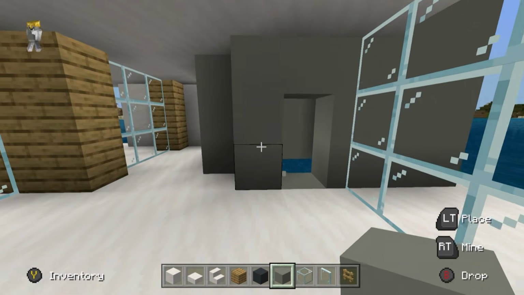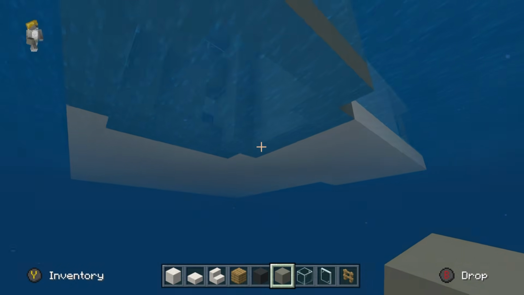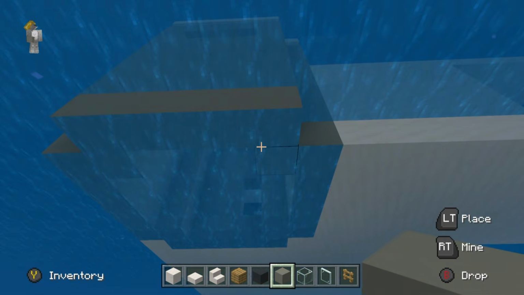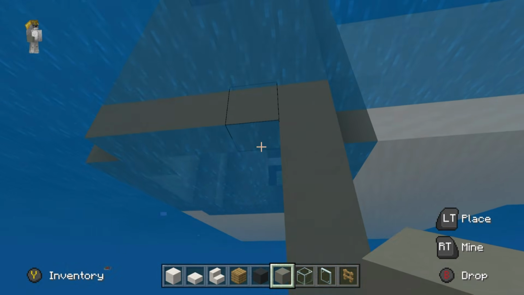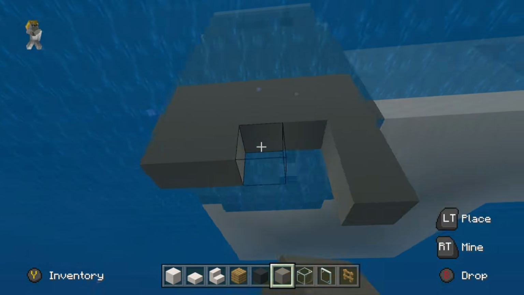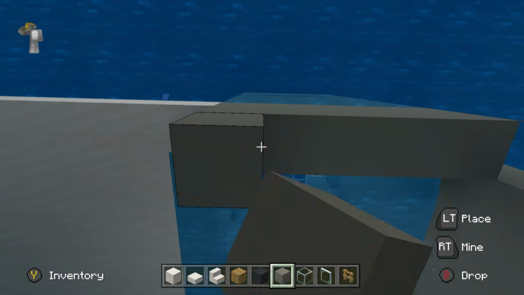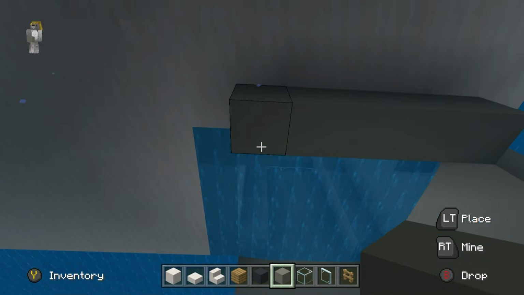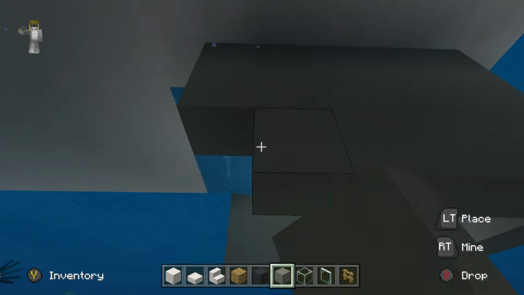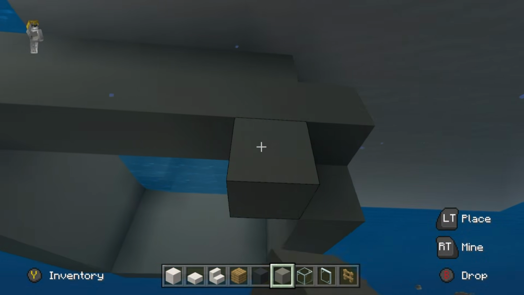That's fine. So now that we create a little entrance that we can actually walk into this, if we just extend the outer part of this down by, I don't know, like 1, 2, 3, well, let's say 3 rows. We'll do 3 rows of light grey concrete. We'll extend all of this down, and then that's a good amount of headroom. It's not going to feel claustrophobic, despite the fact that you are under the water. So we'll extend 3 rows down, and then that is enough for us to actually like climb down into our